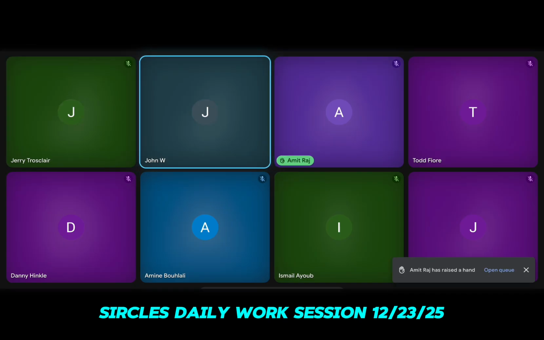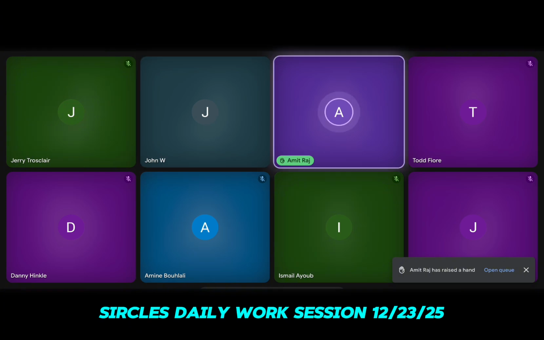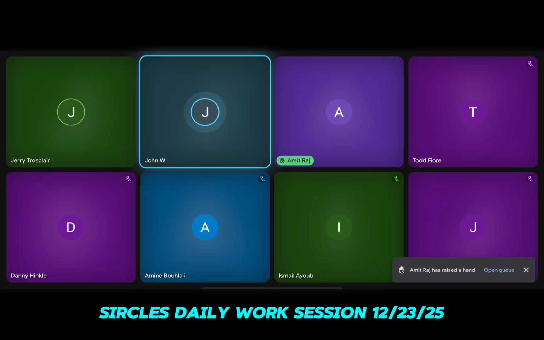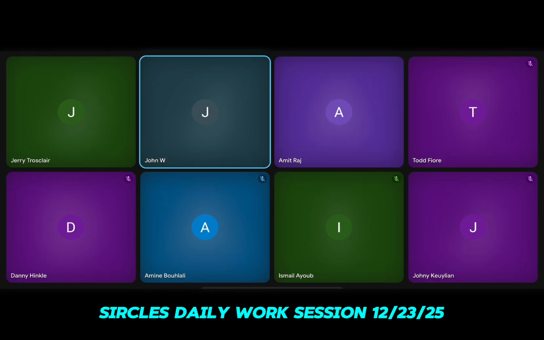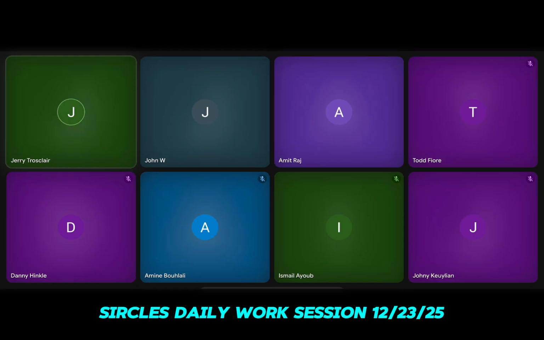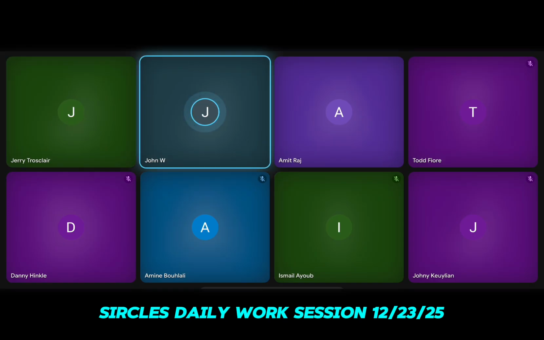Amit, did you see a message in investor chat? One user wants notifications only from the Circles team. Yeah, that might be a little trickier for now. We already have a lot of ways to control notifications, so we'll look into it.